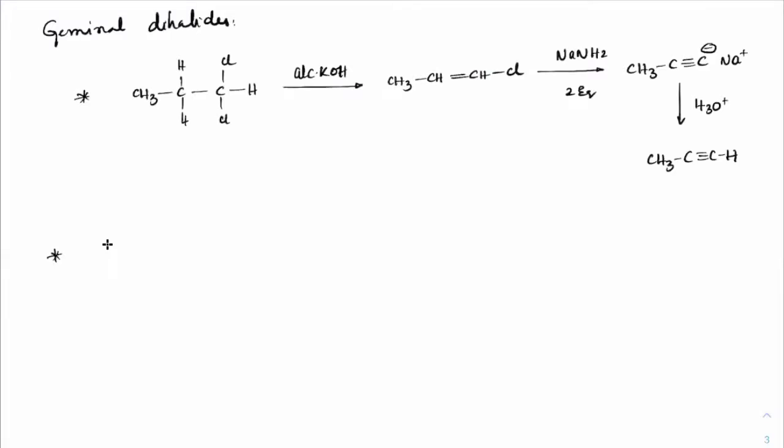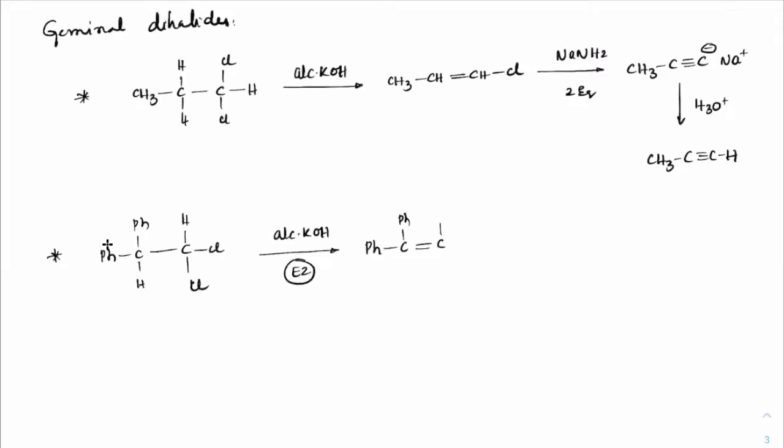One special case of geminal which you need to learn is this. When you have Ph, C, Ph here, H here, and we have CH, Cl, and Cl here, and I treat this with alcoholic KOH first, making an E2 elimination. So I'll get this as Ph, Ph, double bond, C, H and Cl. So minus HCl has come here. So we get this as vinyl chloride. Now if you treat this with NaNH2, we are actually getting PhC triple bond CPh, which means phenyl has migrated to the other side.